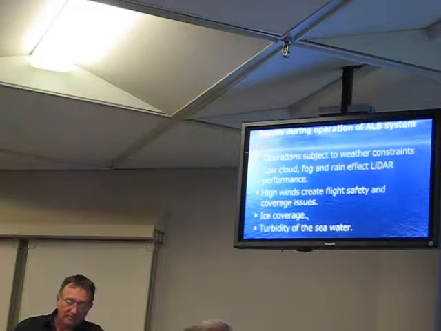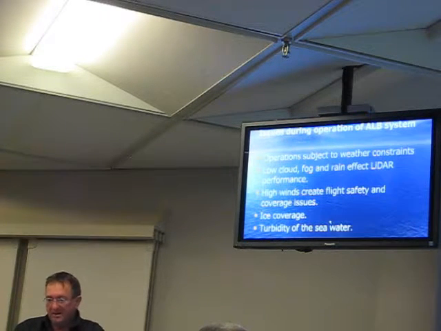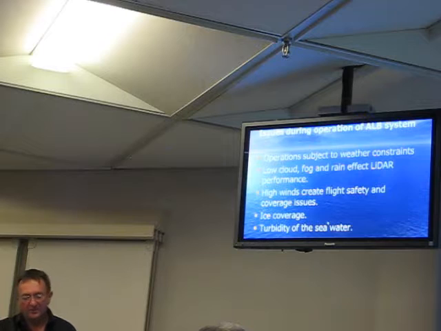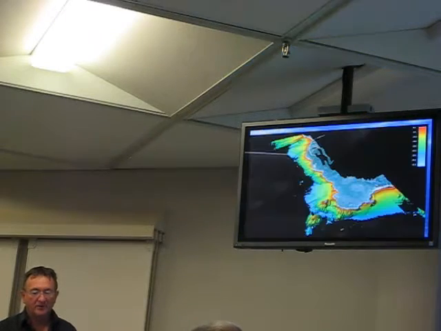Ice coverage was an issue. We couldn't go too far north because the Gulf was full of ice, northern Newfoundland was full of ice. A lot of Nova Scotia and the Maritimes area, the Bay of Fundy are prime areas, but turbidity is a big issue there. North Humboldt Strait, turbidity is a big problem. So rather than take a risk, we tried to pick sites that